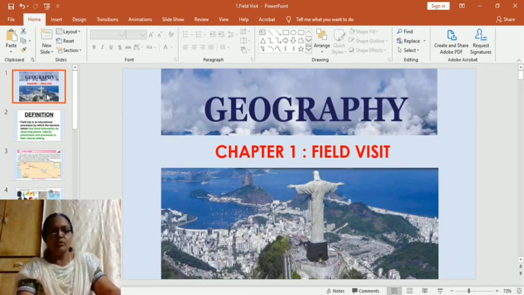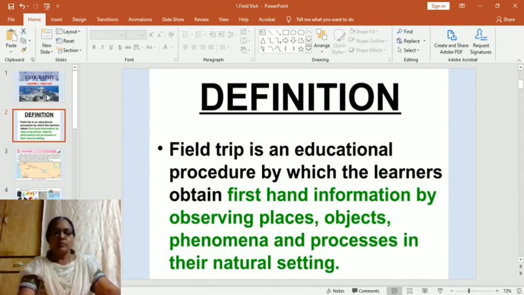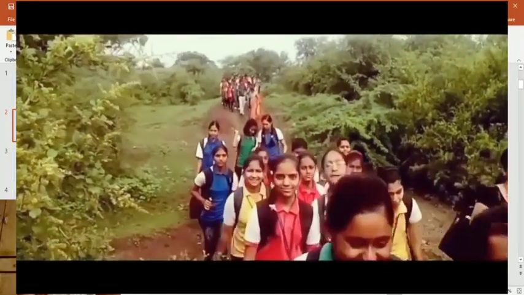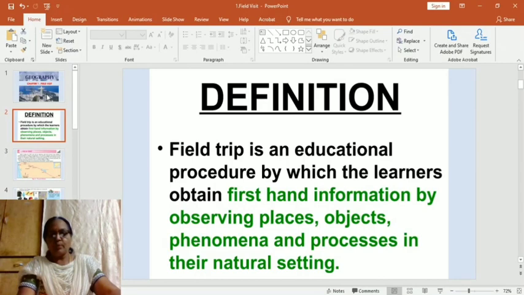Now, let's come to field visit. Now, all of you would have gone on a field trip. In your lower classes, you would have gone to a salt pan, or you would have seen how Ganesh idols are made. You would have got first-hand information by visiting the salt pan. You would have come across the various processes which go into making of salt, or the materials which are used in making of